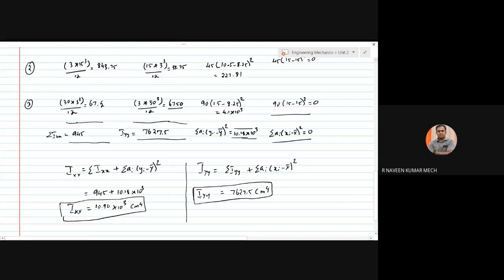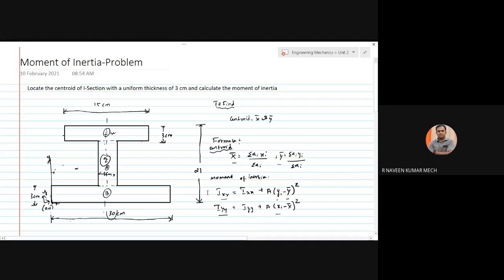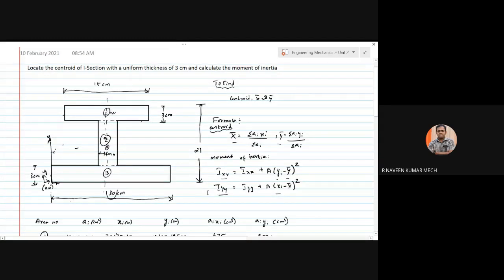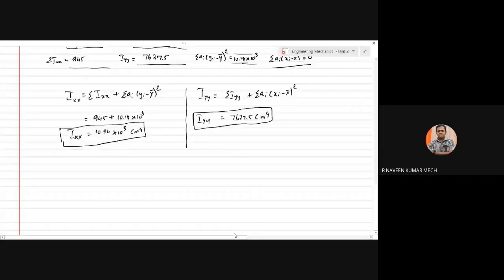Okay. This is the answer. This is how we can solve the problem. You can find the moment of inertia. Up to this, we will be covering for your cycle test, moment of inertia. I will check with other faculties and tell you whether you will be having other problems. Mass moment of inertia: instead of area, if you are using weight or masses, we call it mass moment of inertia. I will solve another problem.